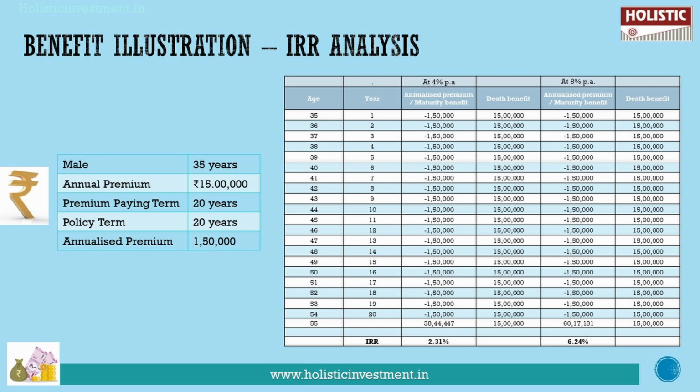So what's the use of investing in a market related instrument like this for such a long time? And also 6.24% is comparable to an FD, a debt instrument like a fixed deposit. So what is the use of investing in a market related instrument? By taking risk, we take risk only to maximize the returns potentially in the long run. And also an FD will at least give you a guaranteed return, but here both these returns are not even guaranteed and the returns can even go lower than this. As there is no guarantee, the results are not risk adjusted, and neither are they inflation beating returns, we can see that this is not a justifiable return for the time and money we have invested in this policy.